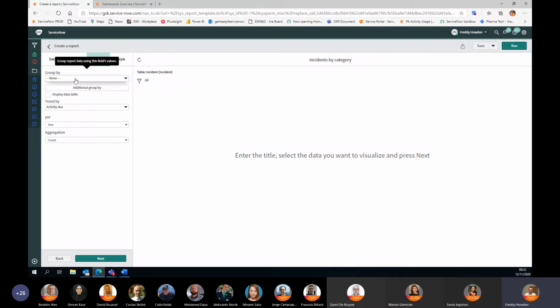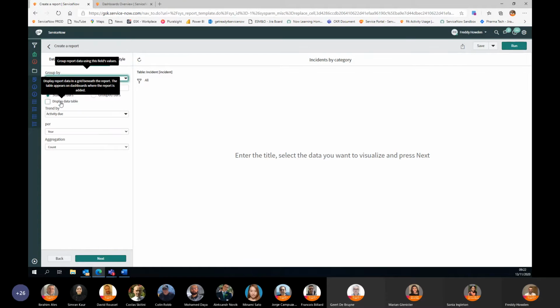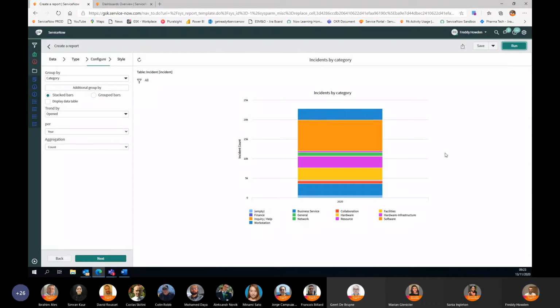Now this group by wasn't really relevant to the line graph, but it is now to this column or bar chart. So I want to group the tickets by category. And again, trend by has defaulted to activity due. I want to keep that to opened, so I'm going to change that. It's also set to year again. So if I just run this, we'll just see one bar. I want to change that to date,